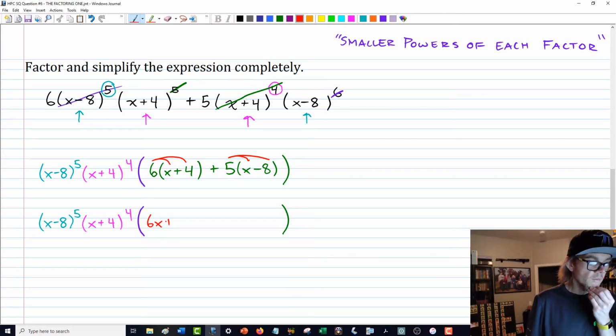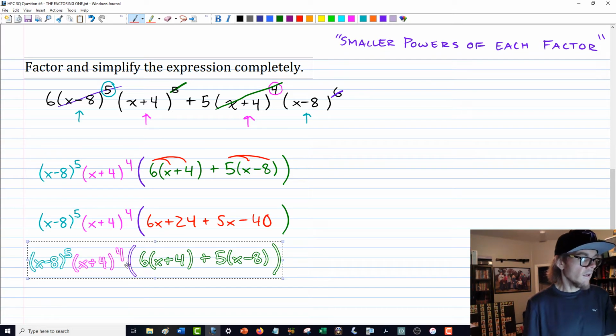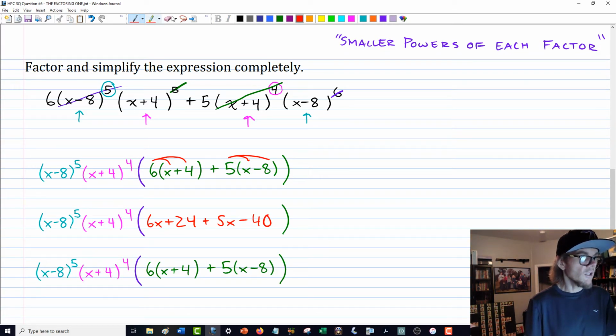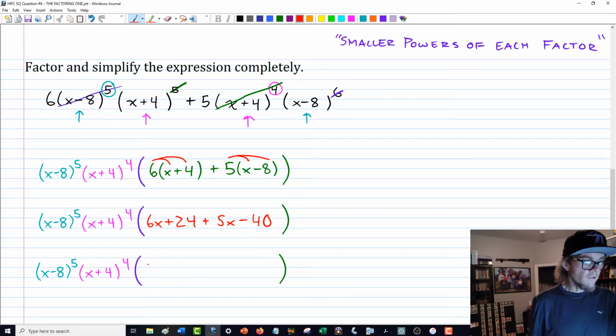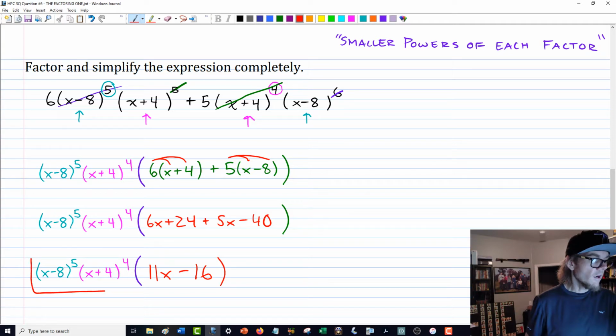So I distribute the 6 in. I'll get 6x plus 6 times 4 is 24. Plus 5x minus 5 times 8 is 40. And if we take one more line here, just to finish it off, and yes, I'm cheating, but I want the video over. This isn't as fun as I'd like to pretend it is. If we combine like terms here, we'll have 11x, and then plus 24 minus 40 is minus 16. And I'll go ahead and clear that out. And right there would be our maximally factored